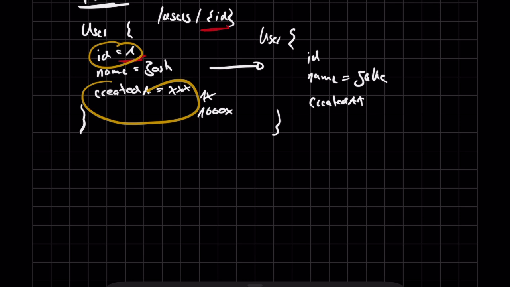Like created at is a field that is set the first time the user is created, and the ID is our identifier that is generally not updated in any way. But still, if we perform a full resource replacement, we're required to send these fields in our request anyway. And this can cause a bunch of additional work on the server.